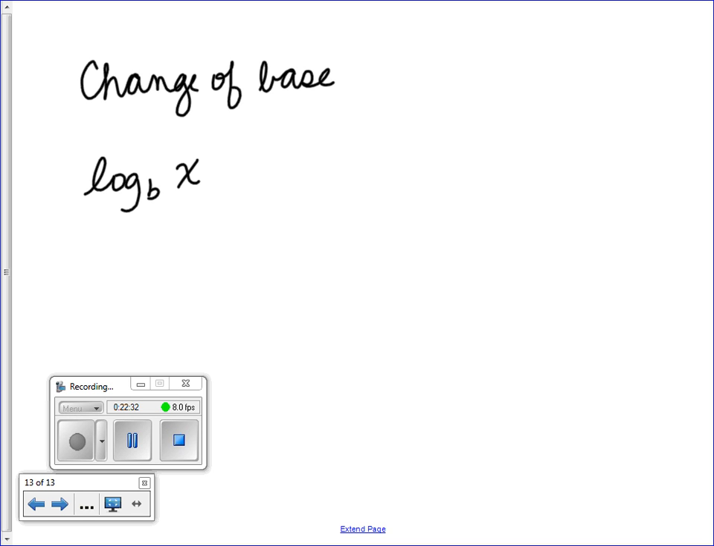Most calculators only use the common log, which is base 10, or the natural log, which is base e. The change of base formula says that you can figure this out. This can't be put in a regular calculator. So if this was log base 12 of 17, you're like, I can't do that because the calculator is base 10 or base e. But actually you can, because the change of base formula says that you can divide